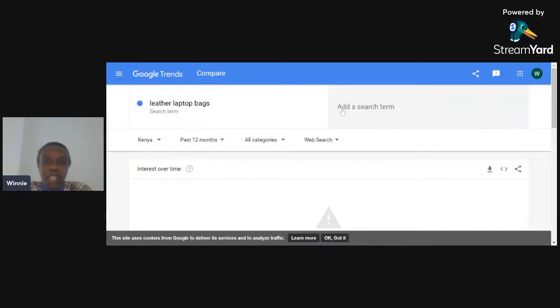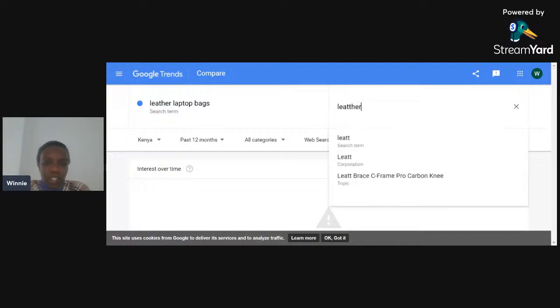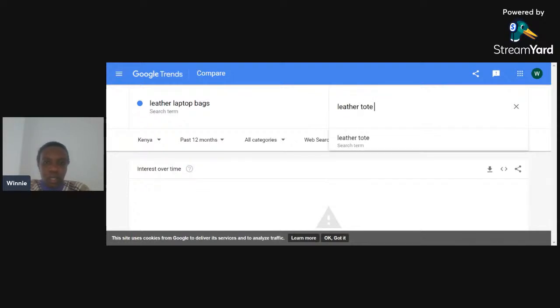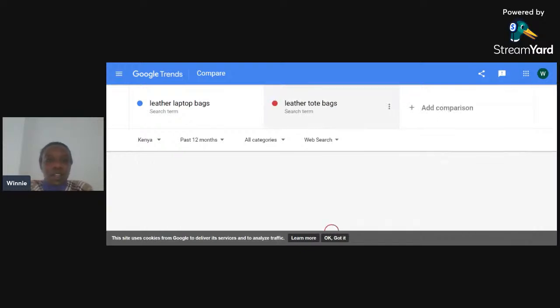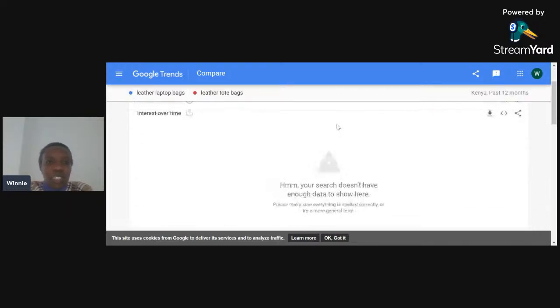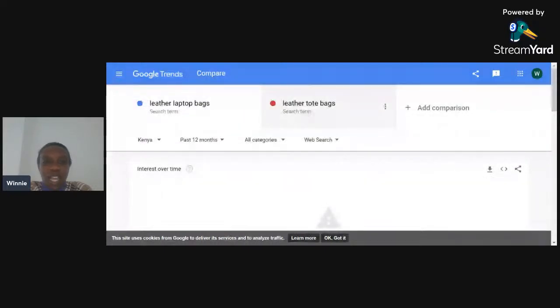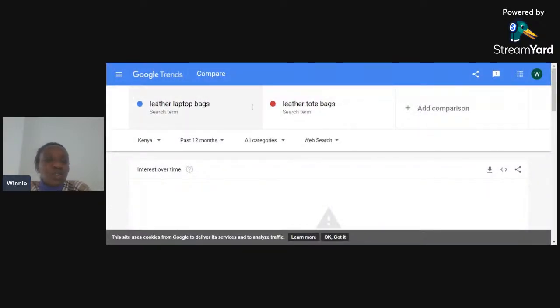So let's compare that with leather tote bags. You can see also leather tote bags is not as popular. So you just come and do your search here, and then you can also try to narrow your search to the daily trends.